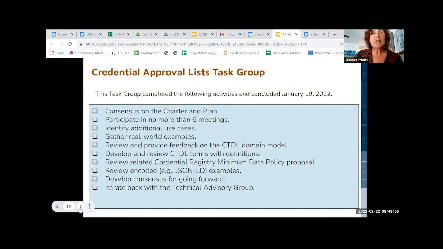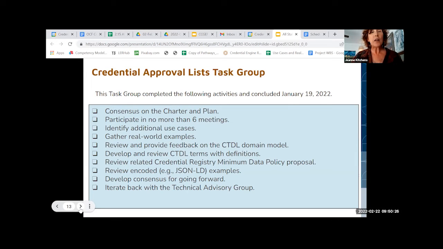As I had mentioned earlier in this webinar, a task group was formed. It was a rather large task group. Scarlett, I want to say we had around 100 people possibly in this task group, and they were subject matter experts, people who either create credential lists or have as a stakeholder in this talent ecosystem, a very strong interest in this work.